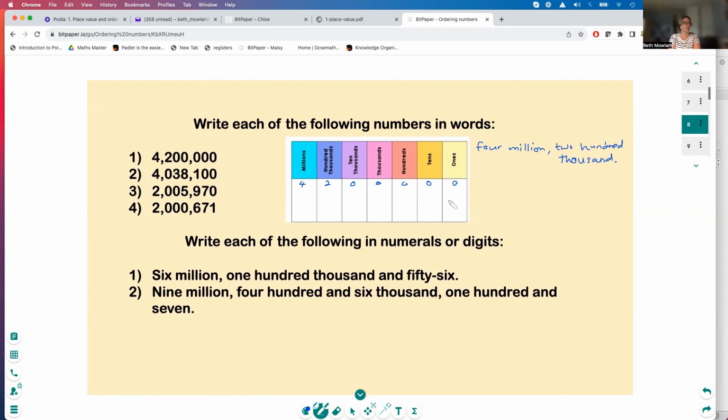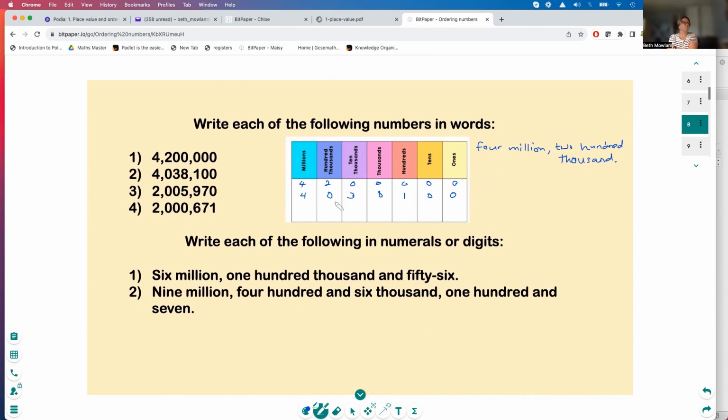So again, with the next one, put your numbers in order. Think about how you say it. That is how you write it. So if you can say it, you can write it. Spelling is not overly important as long as the examiners are able to understand what it is you're trying to say. So it has to at least partly look like it, but it doesn't have to be perfect